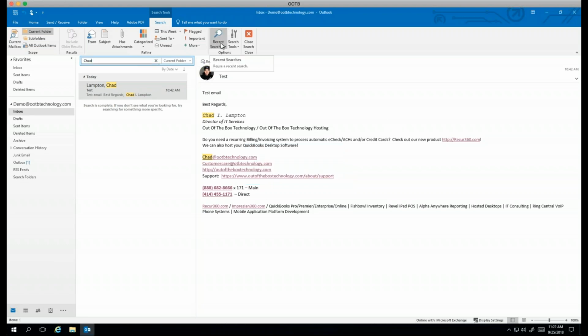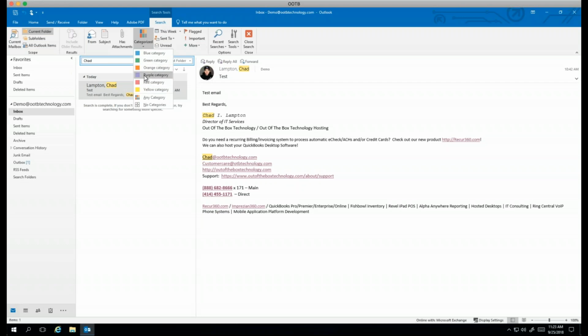You can also go in and look at your most recent searches. If you need to go back quickly and find a search that you've already done, you can customize it for this week in a category that you might be looking for if you set up categories inside Outlook. And to briefly go over categories, internally, we set up categories because we have a shared mailbox. And within a shared mailbox and multiple people looking at it, sometimes we need to know who needs to see what mail. You can go in and set up categories for a shared mailbox and put a particular name next